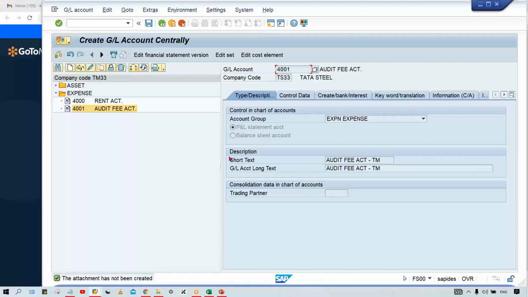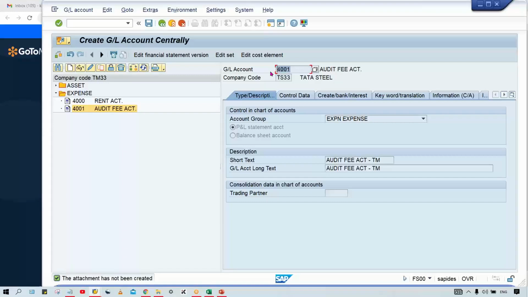Or if the process owner says no, create a separate GL with the same details for Tata Steel, then we can create a different GL for Tata Steel. Different GL means 4000 is already dedicated to Tata Motor, so now 4001, or 4003, 4004, 4005, whatever it is,